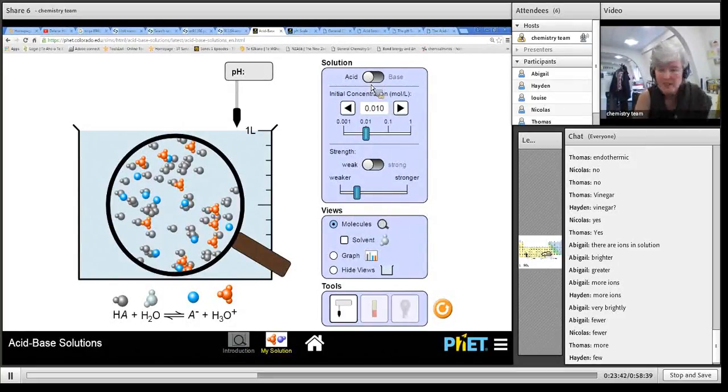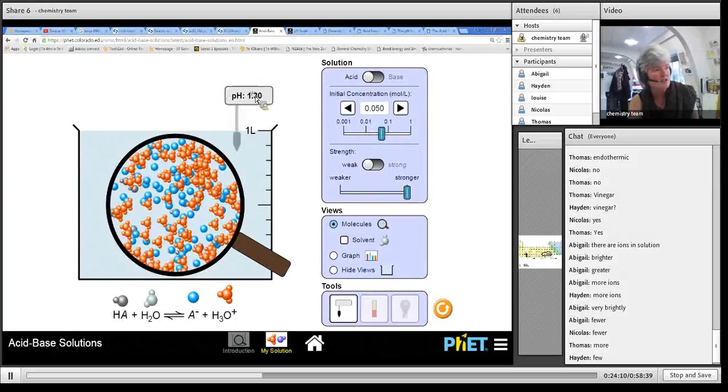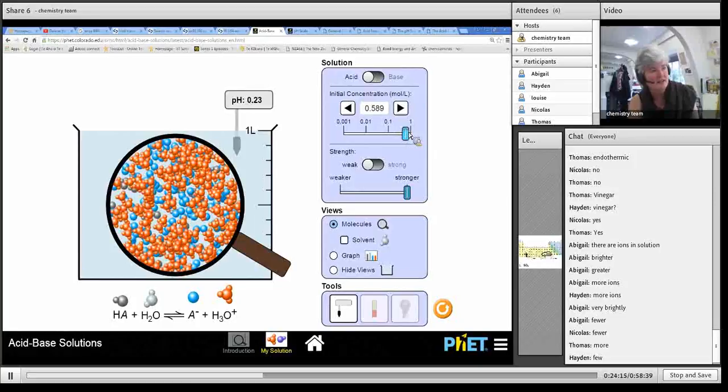because remember that other part is what happens when you change your concentration, in terms of reactivity, but also in terms of pH. Now we haven't done the equation yet, but let me first do it there and make it a strong acid. If I increase my concentration, can you see my pH is going down and down and down because I've got more